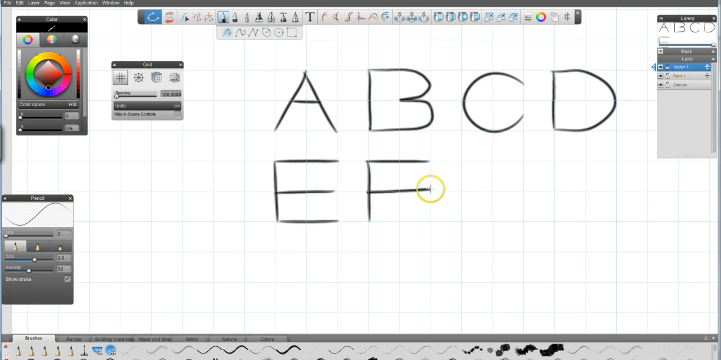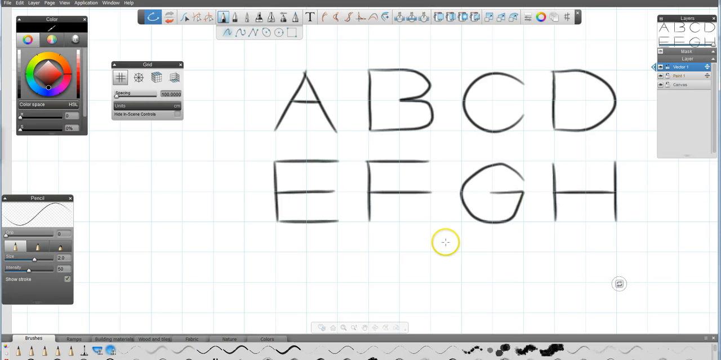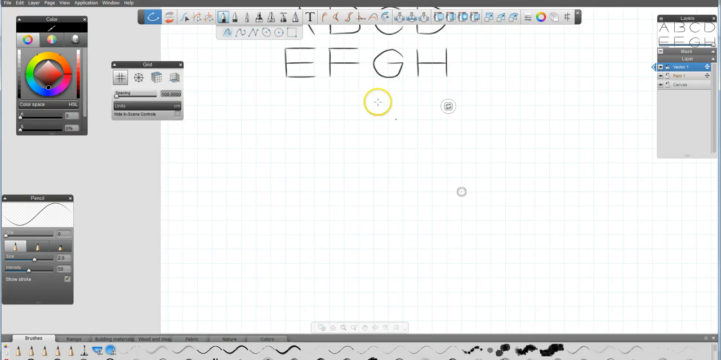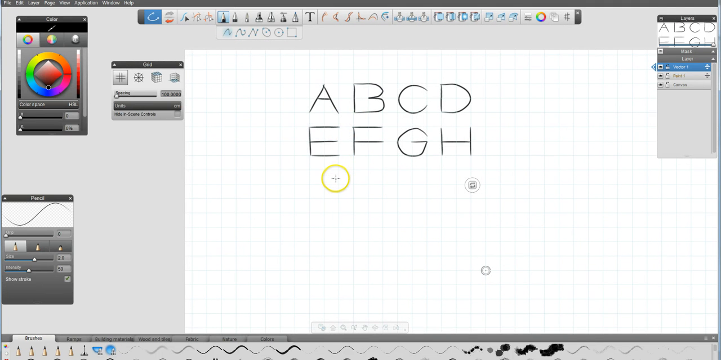Now this is all freehand drawing, right? G is pretty much like C. I go back straight. H. So I hope you understand how I am doing all this lettering. I'm just following the grid. Okay, so now this is one of the ways of doing the lettering. You could go all the way to Z, but I am going to go use another way